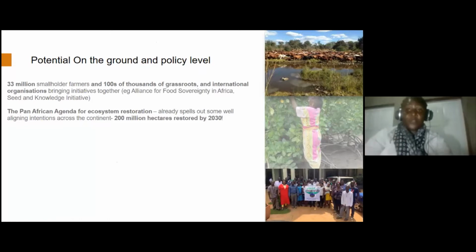These are very good words with our policymakers, but I think our work as civil society has been to continuously be in the face of our policymakers to help them make management decisions that will support living systems to thrive. So it's a lot of work, definitely, but I think the voice of the hundreds of thousands of farmer groups that are on the ground right now in Africa is magnifying each and every time.